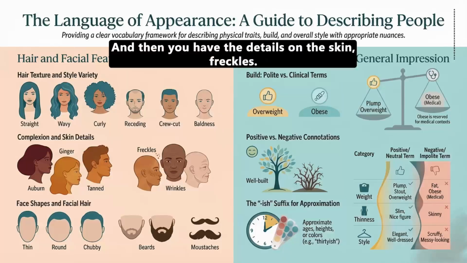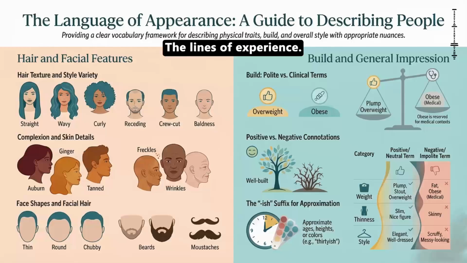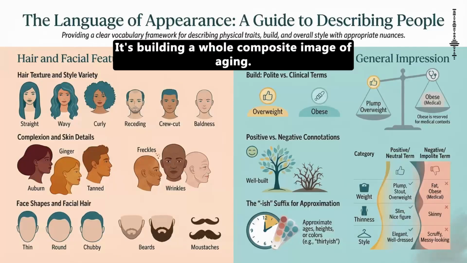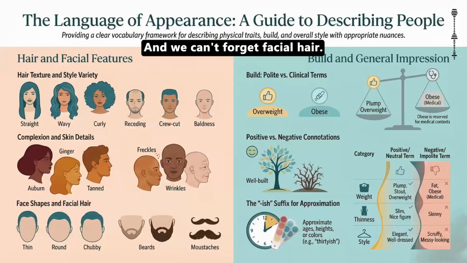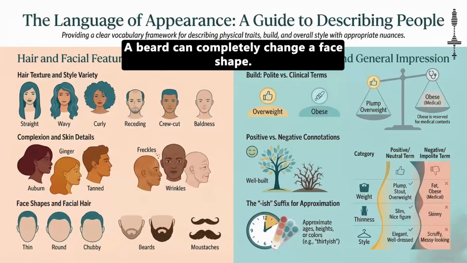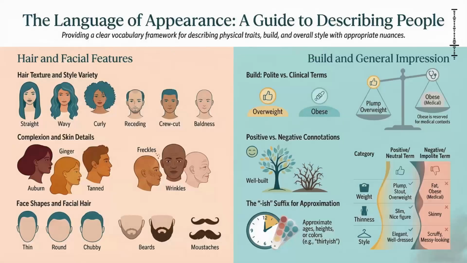Good point. Yeah. And then you have the details on the skin. Freckles. Those small brown spots from the sun. And wrinkles. The lines of experience. And the source links wrinkles back to that man with the receding hair. It's building a whole composite image of aging. And we can't forget facial hair. Beard and mustache. The classics. A beard can completely change a face shape. Okay, we have painted the head. Now we move down. And this